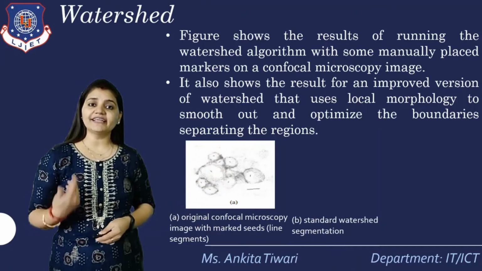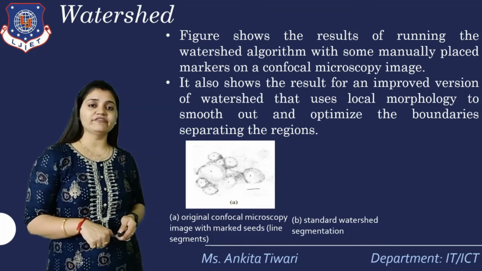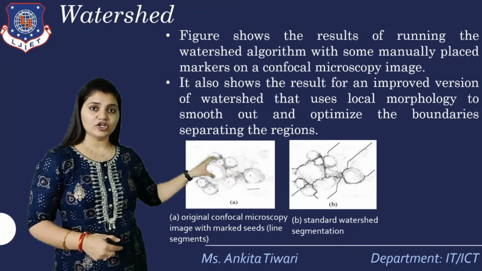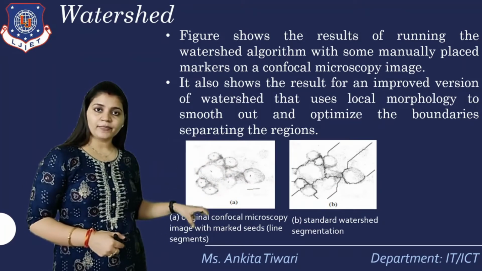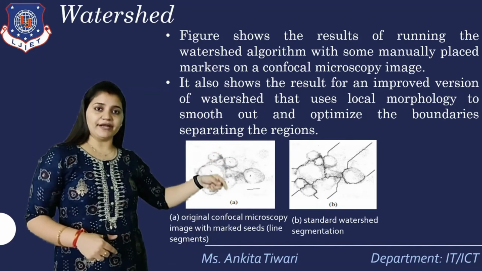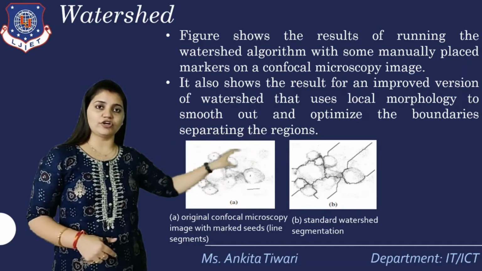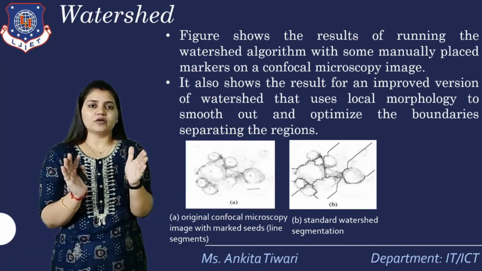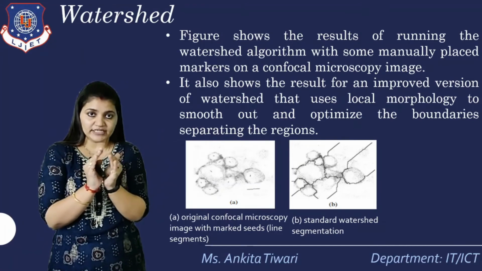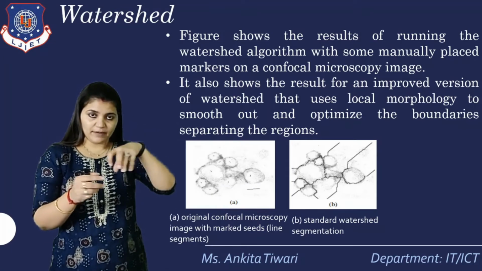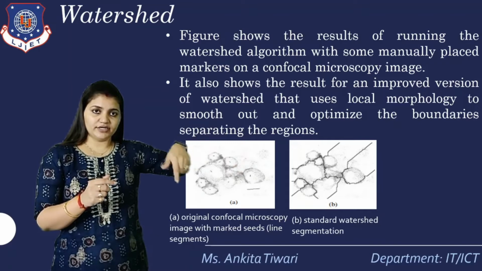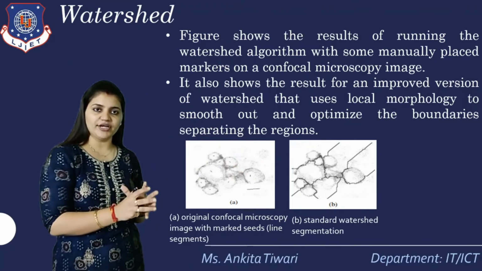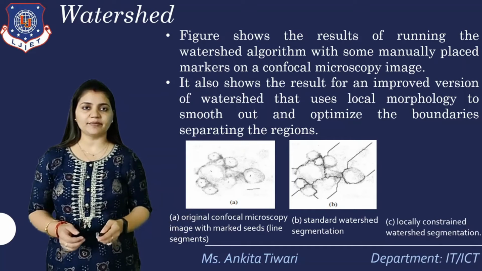Okay, now taking that, the standard watershed segmentation we are providing with respect to the boundaries, as you can see. The marking has been done in the first part. Now the boundaries are being made with respect to the marking which has already been defined in a particular region, because we are splitting the regions. We are combining, merging and splitting: one region, another region, and another, and then drawing them together, meaning merging. So this is what watershed segmentation is.